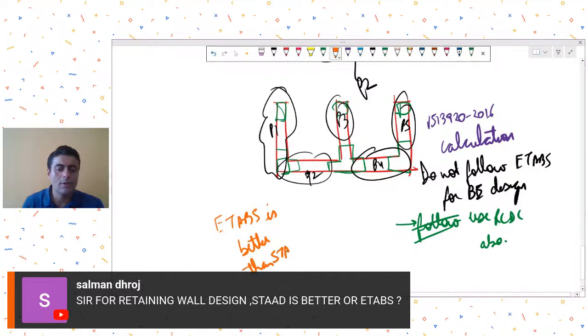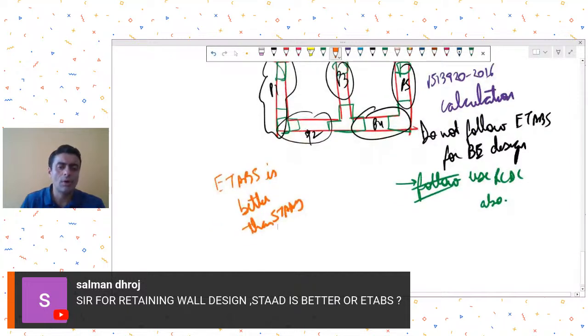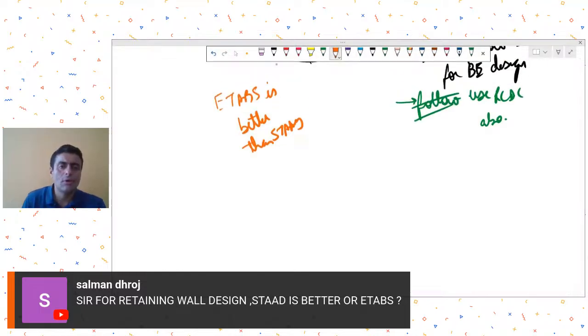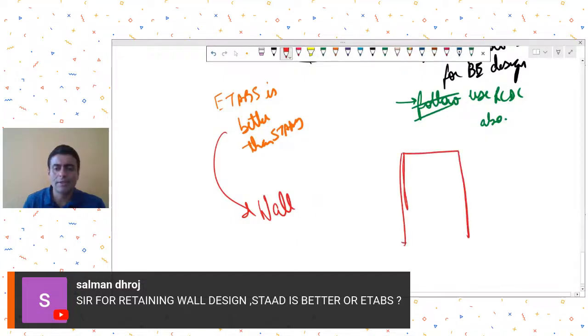That is my opinion because, number one, the ease of modeling. In ETABS, it is easy to model these wall-like geometries, and you may have different plan shapes also. For example, if your building plan is like this and you want to make a retaining wall or basement wall all around it, it is very easy to model these types of shapes in plan. It is very easy to model these types of walls in ETABS because there is that